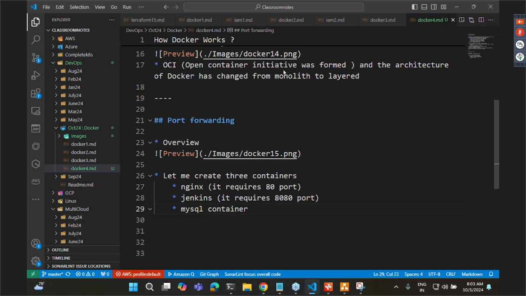MySQL container is a database container. Okay. It runs on